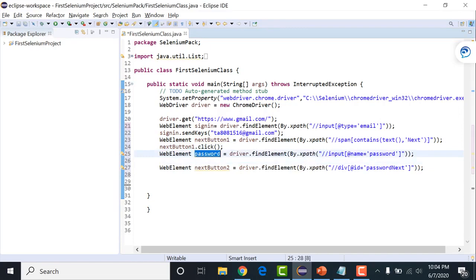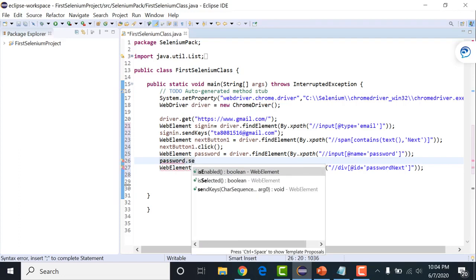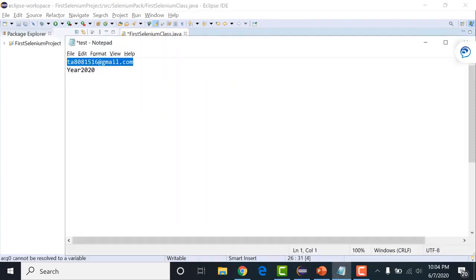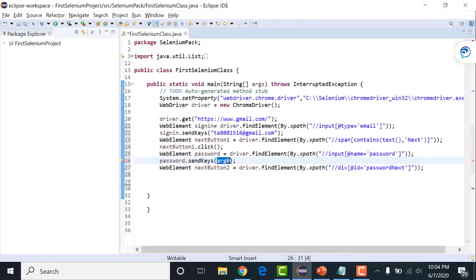Again, I want to enter the password value. I'll simply write sendKeys. What is the password here? This is the password. And after that, I want to click on this next button too, right?